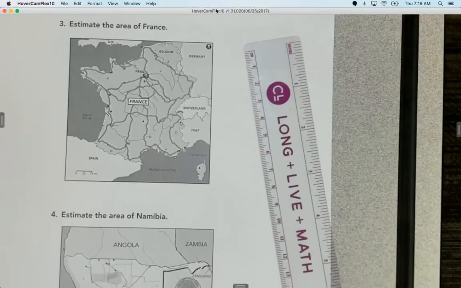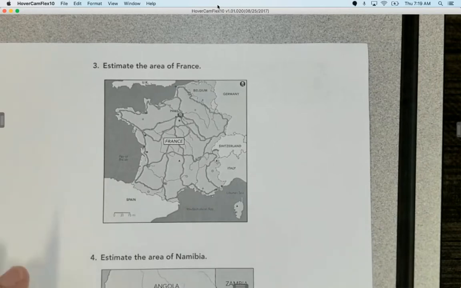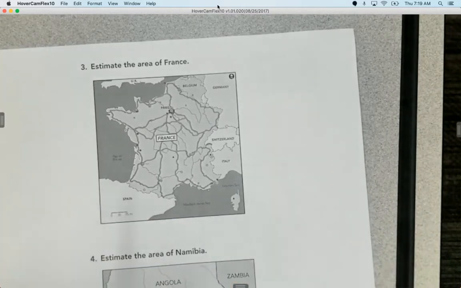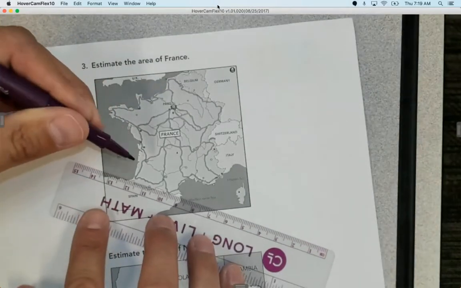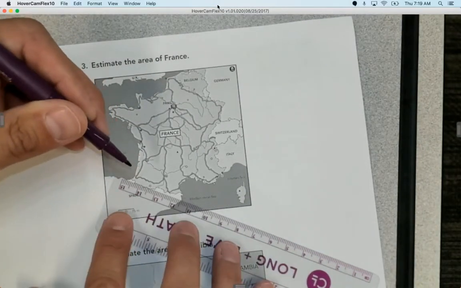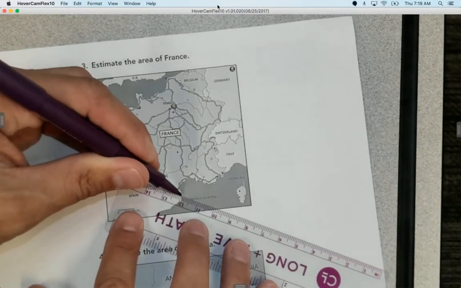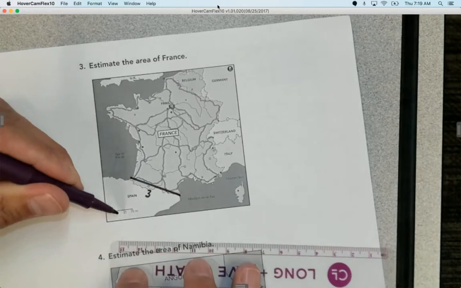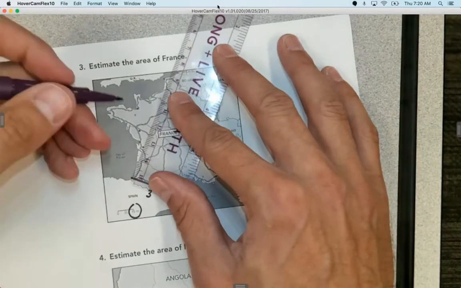All right, so these are tough problems, but we're just trying to get a really decent estimate, okay? And so estimate the area of France. France looks kind of like this right here. And so I need to decompose it into shapes that I can figure out the area of. If I look at this, I would want to take certain things here. If I go from 12, 1, 2, 3, so that's 3 centimeters, and each centimeter here is 75 miles. And then from that, I am going to go